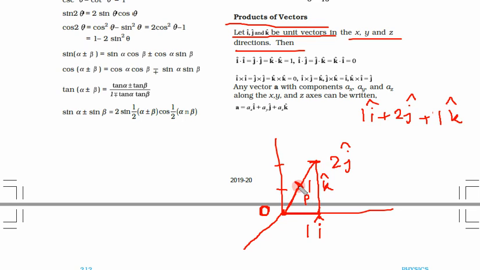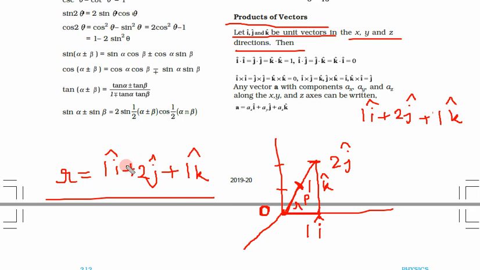Now suppose the distance between the initial and final point is r. r is equal to 1i plus 2j plus 1k. Suppose if this j is minus, what is the meaning of this? We move 1 step on positive x, 2 steps on negative y, and then again z positive. Since we don't write 1, let us remove 1.